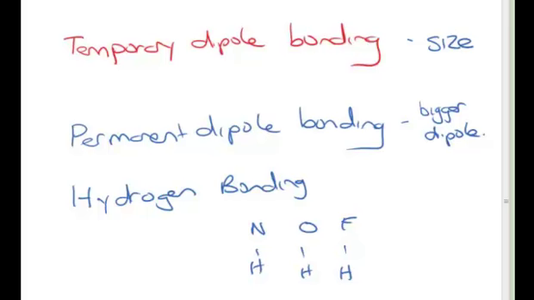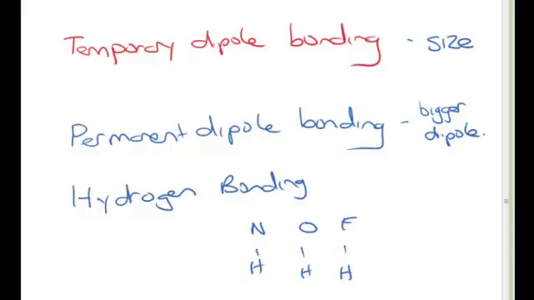Now, the question this is about, I just sort of do a preface to talk about bonding in general, just very briefly, because there are a couple of aspects of this question that I don't quite agree with in terms of the answer. So, one, generally in temporary dipole bonding or dispersion forces, and a variety of names it seems to be known by, the bigger the molecule, the more the electrons there are, the stronger the bond.